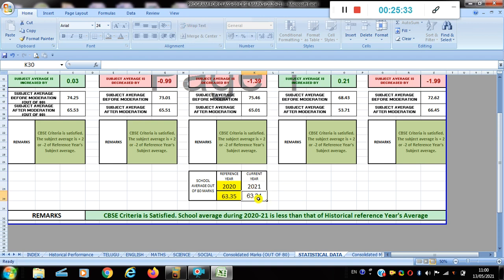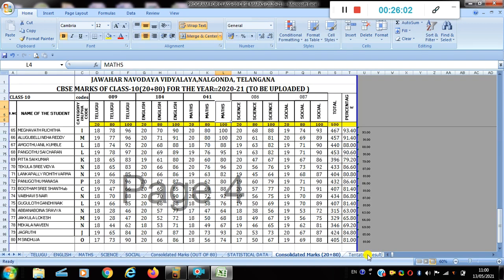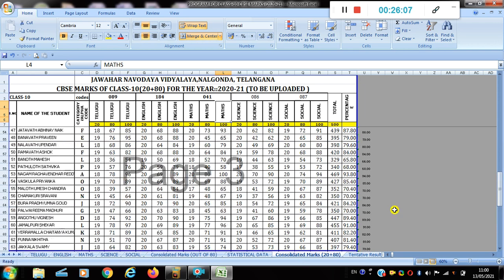I can increase it further, 0.05 something like that, 63.24, and hence CBSE criteria is satisfied. School average during 2020-21 is less than that of the historical reference year average, and hence finally you can finalize the data and you can upload it into the CBSE server. After downloading the sheets given by CBSE, you can fill those sheets and upload into the CBSE server. Whereas here is the consolidated marks for